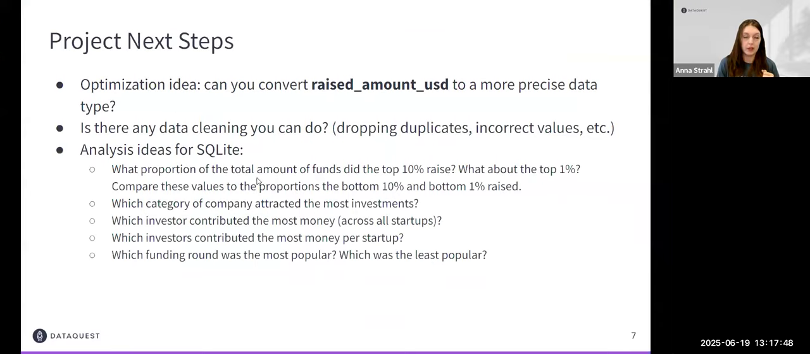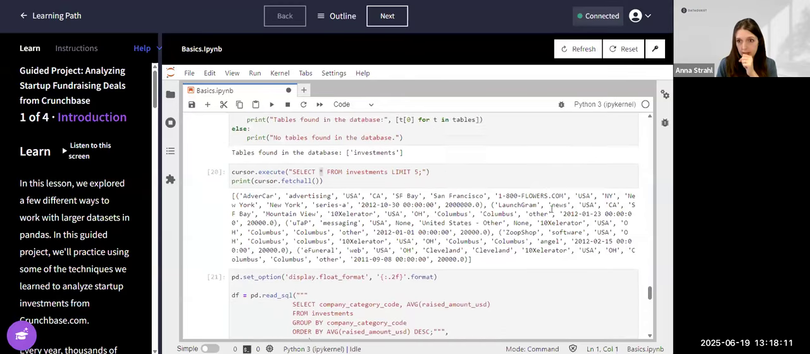So at this point in time, I have a couple ideas for you to take this project further. The first one, if you want to optimize, I experimented with this before the webinar and kind of debated, should I include it, should I not? But I figured ultimately it was good homework. So my homework for you is, can you convert raised amount USD into a more precise data type? Remember, right now, it is